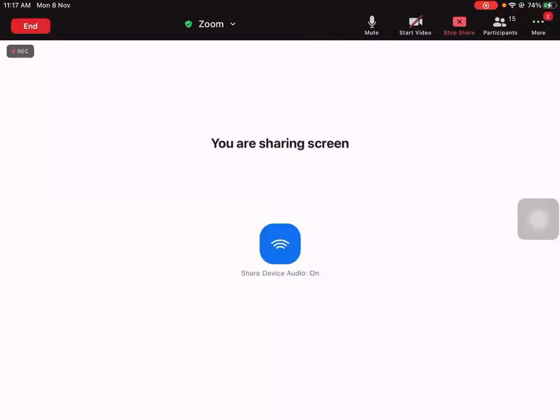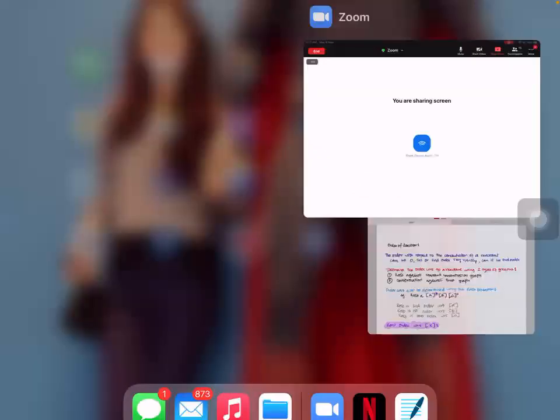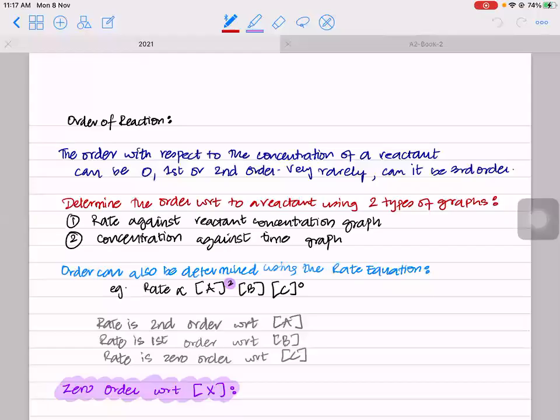All right, so we started with reaction kinetics. I told you about the reaction mechanism and how there are multiple steps in the mechanism, and that gives you the overall reaction. Now, I told you the slowest step is called the rate determining step, and that rate determining step will tell you the rate equation. Rate equation will be where rate is directly proportional to the concentration of the reactants in the rate determining step or the slow step. Clear?